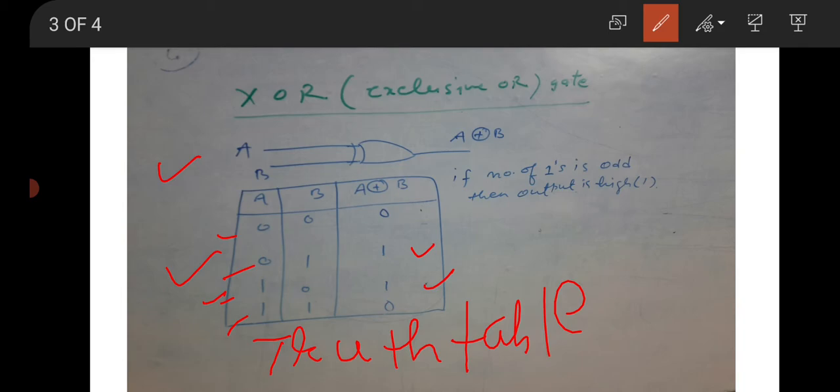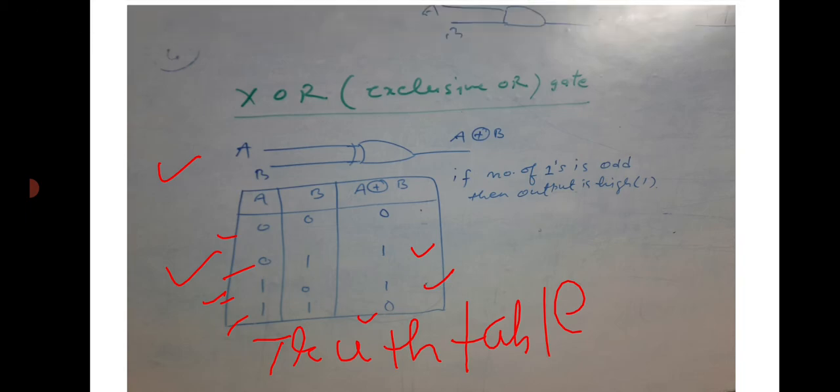Here 1 and 1, that means there are two inputs and both are high, that is 1, and the number of 1s is 2. 2 is an even number, that's why here the result will be 0. This is the truth table for the XOR gate.